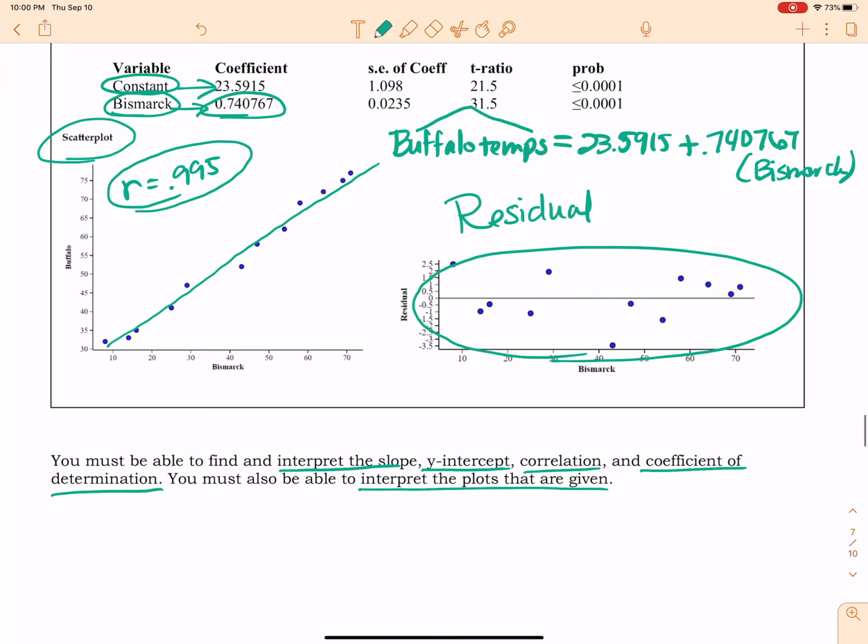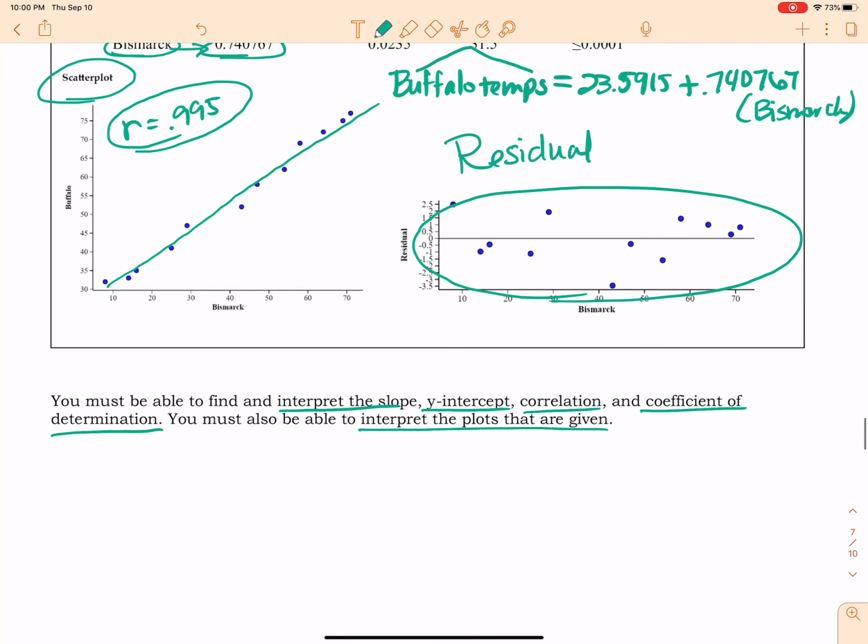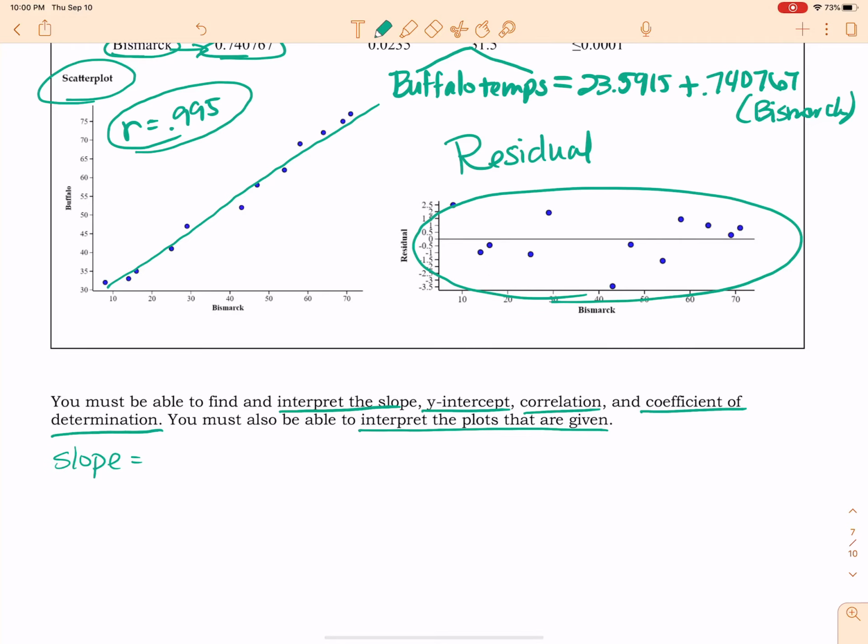Our slope for this particular LSRL, the slope equals 0.740767. Now, as you can see from this, it is positive, and that makes sense given what your scatter plot looks like. So how am I going to interpret it? Well, I would interpret it this way, and you don't necessarily have to use my wording for this, but if you want to, it'll help you keep it straight in your head. All right, so I can predict